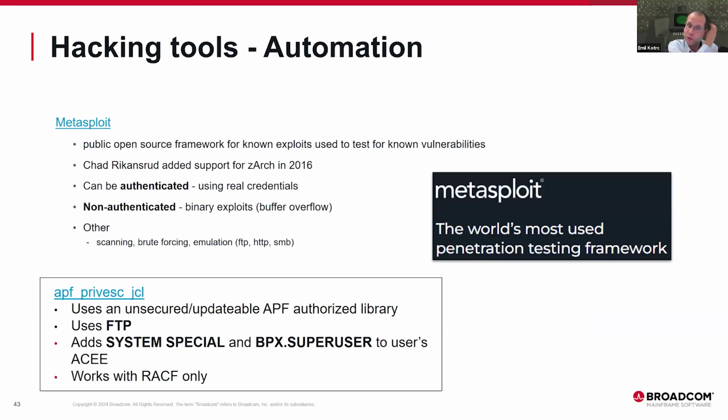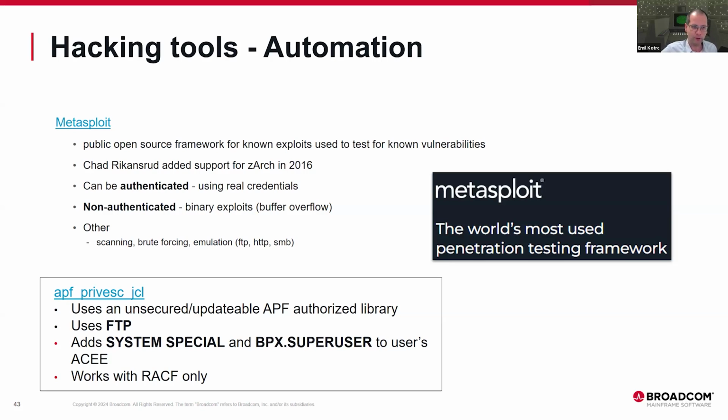Metasploit is an automation tool, and it's used by pen testers for pen testing distributed platforms and applications, but there is support for z/OS as well. And there are a couple of scripts that can be executed. Usually this framework is used to test known exploits, known vulnerabilities, and so on. The example at the bottom is an APF privilege escalation JCL that works if there is an unsecured APF authorized library, and uses FTP to upload the job. And this job, when submitted,